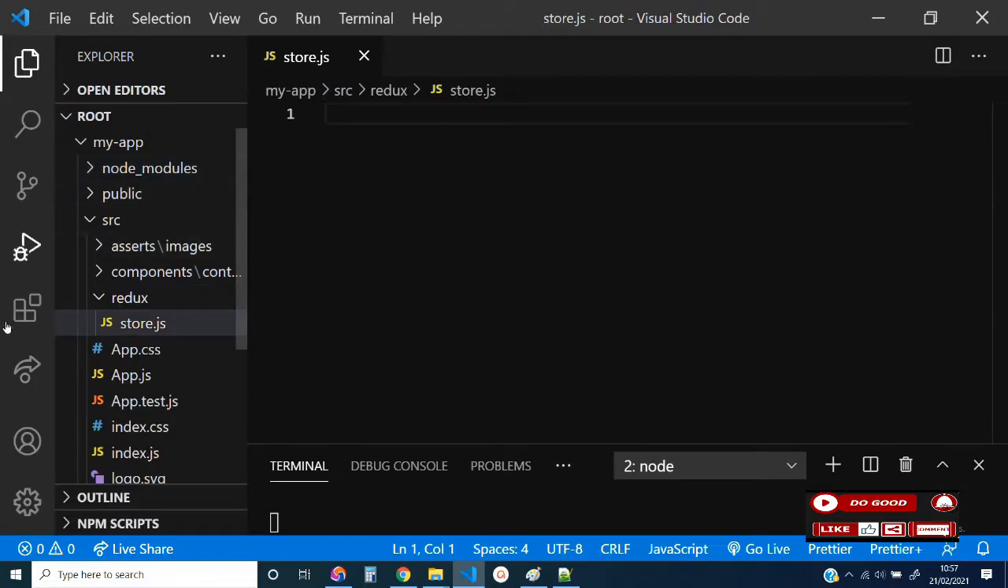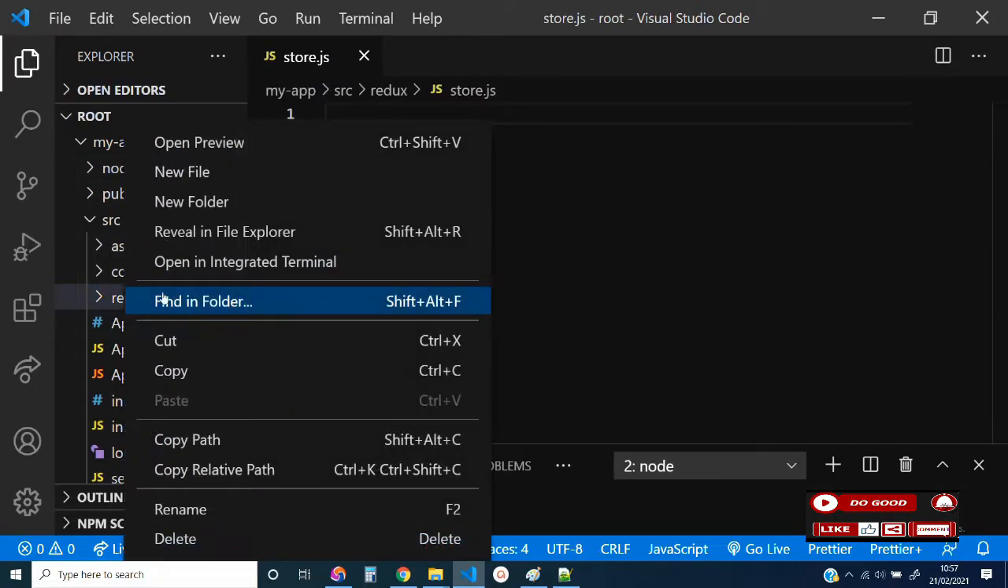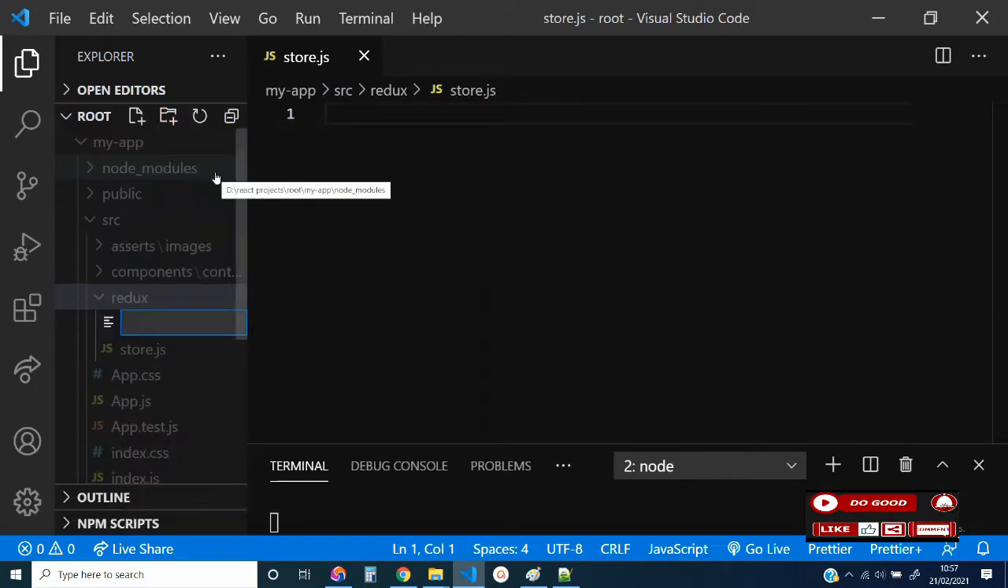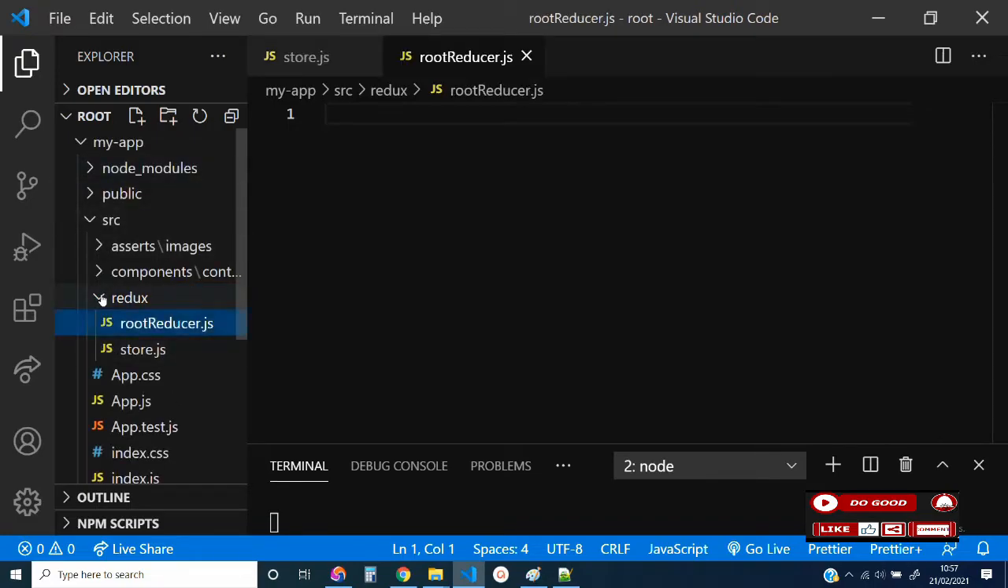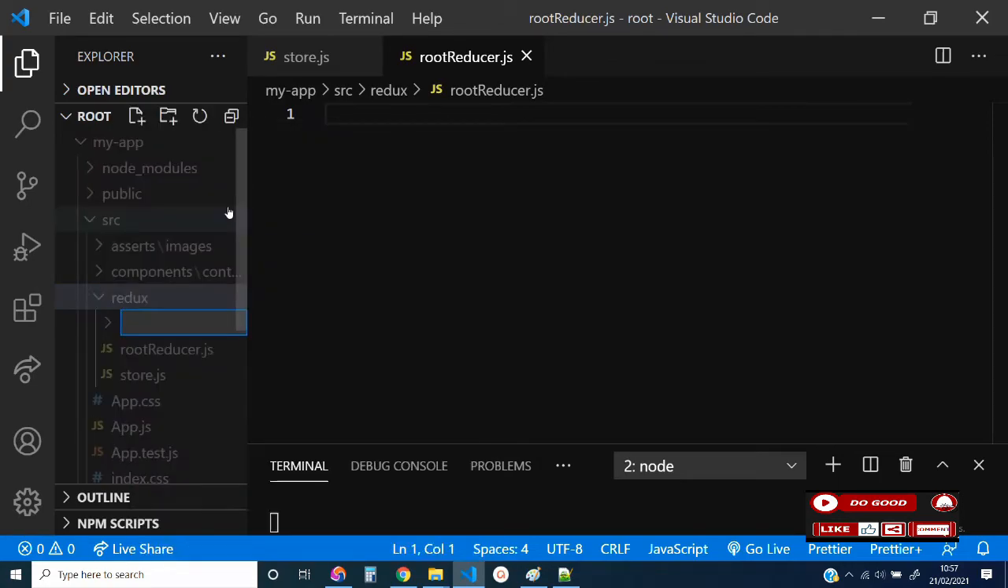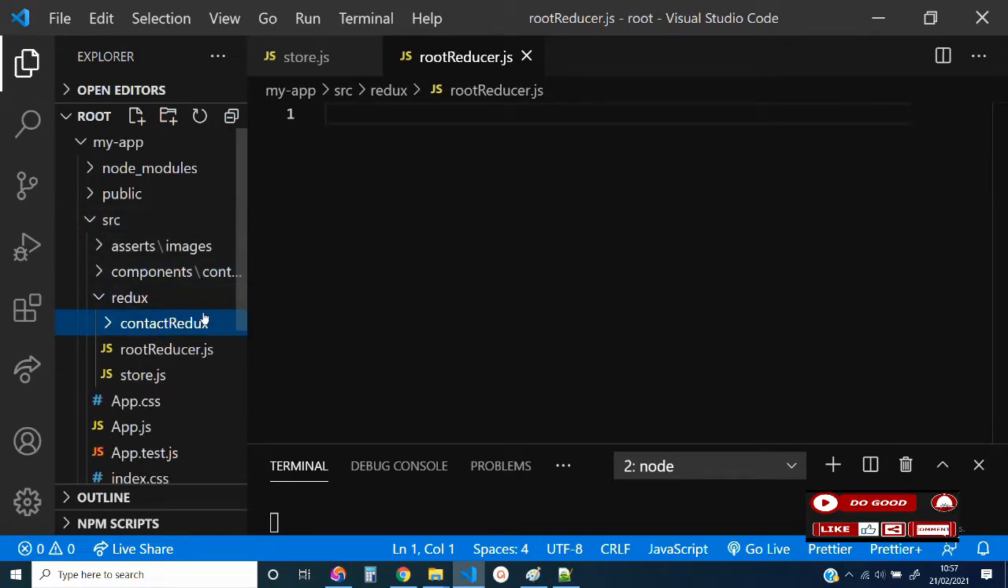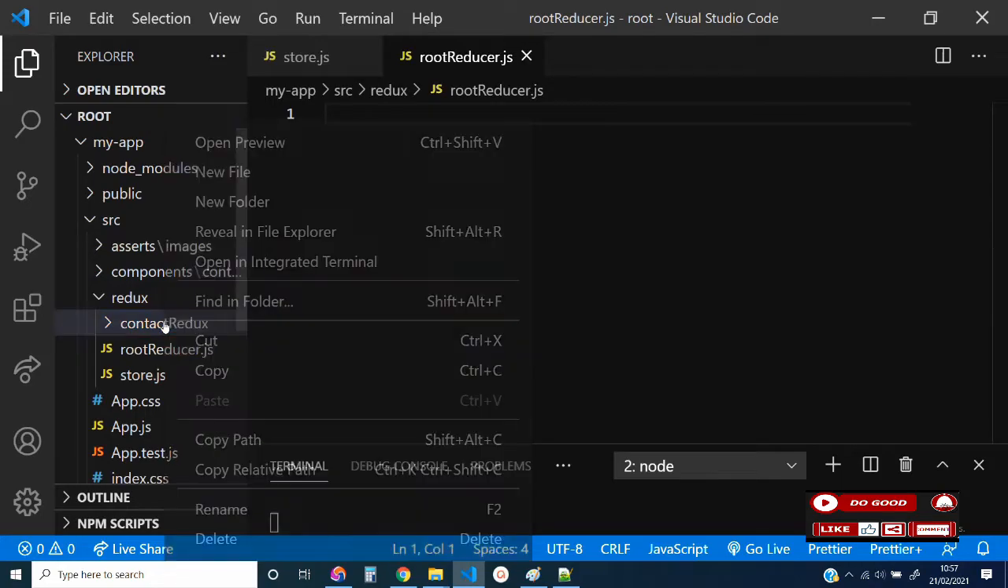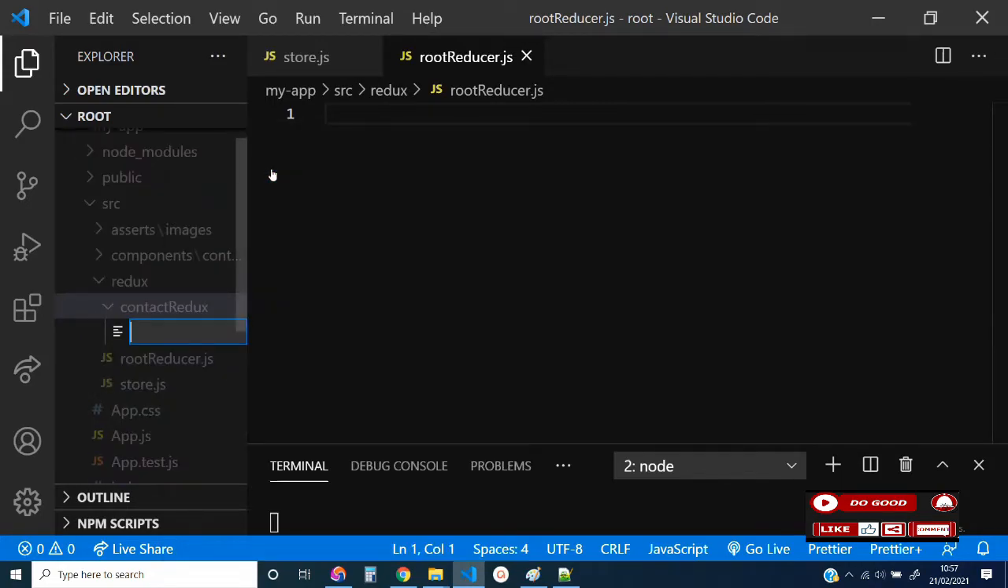store.js. Let's create another file in the Redux folder and call it rootreducer.js. Then inside the Redux folder, let's create another folder and call it contact Redux. Good. Now in this contact Redux folder, let's create a file and call it